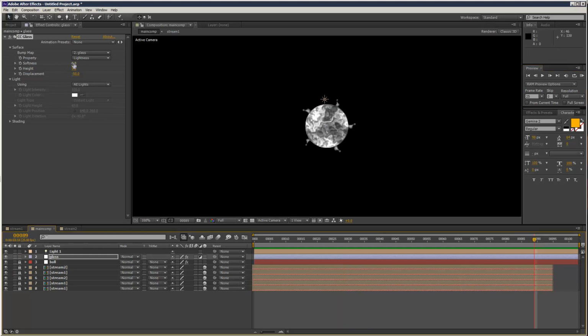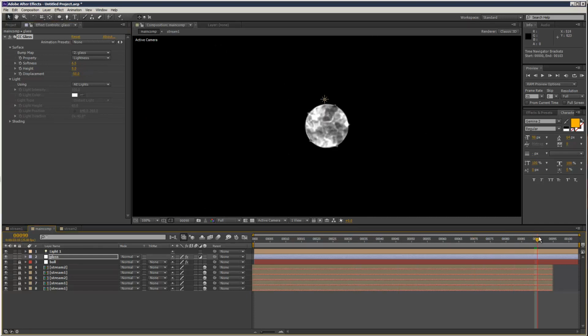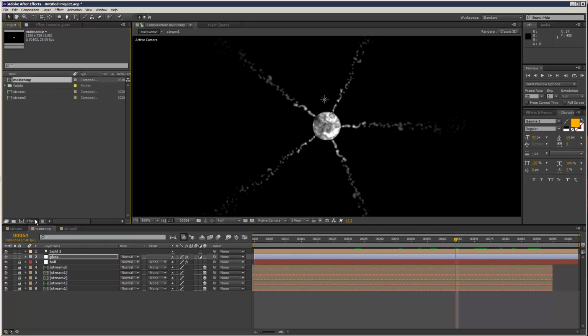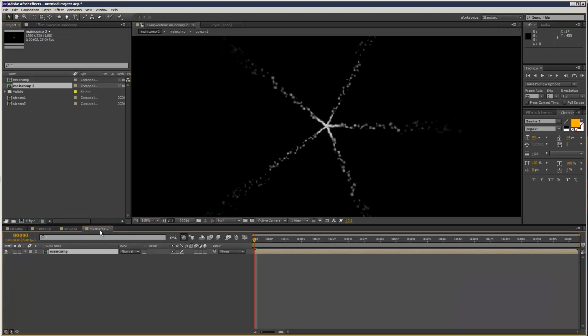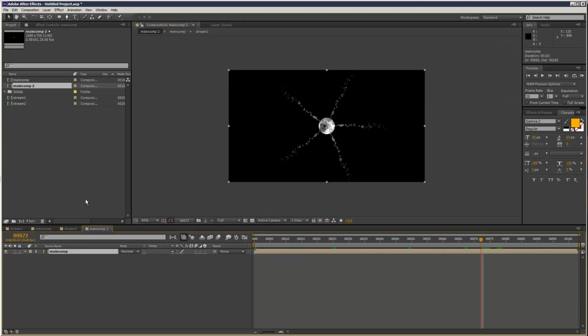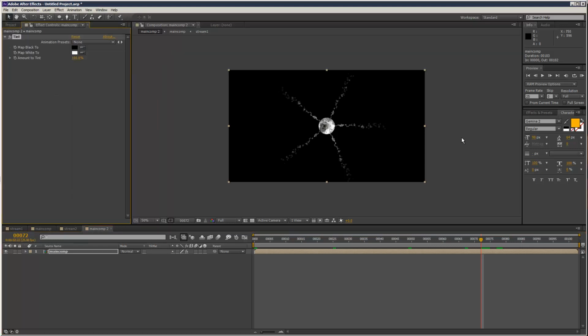Just a bit jagged along the edges there. Maybe a bit more softness. What I did was I pre-comped this, and this is where I add all the tints and glow settings, which just adds to it. So if you just go to color correction, tint,